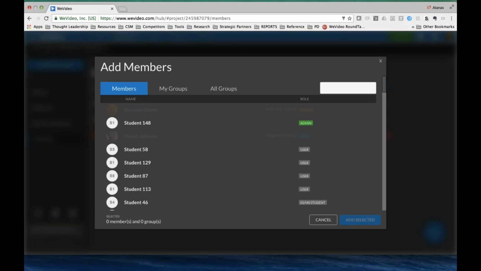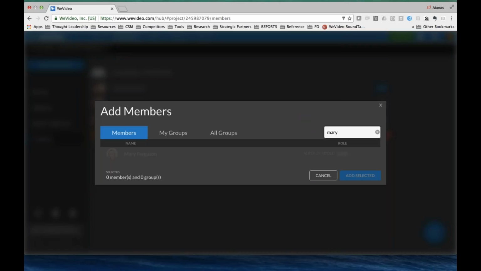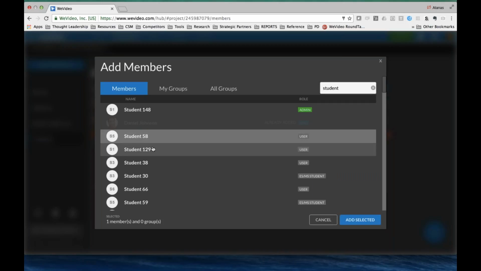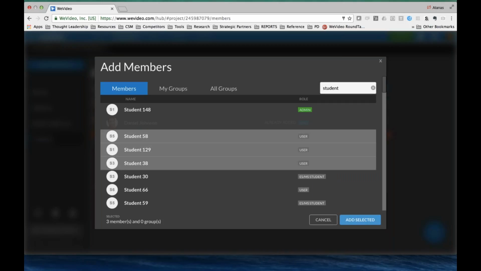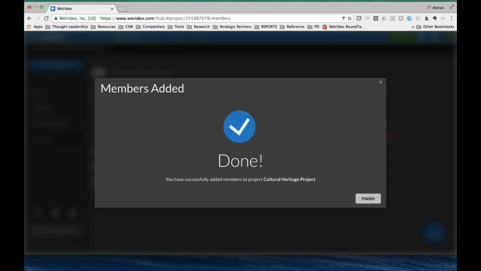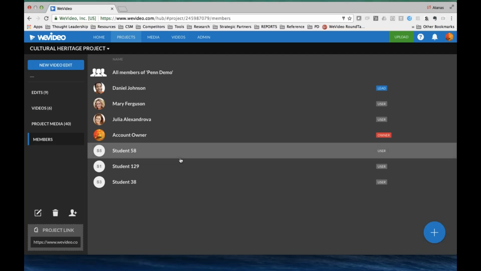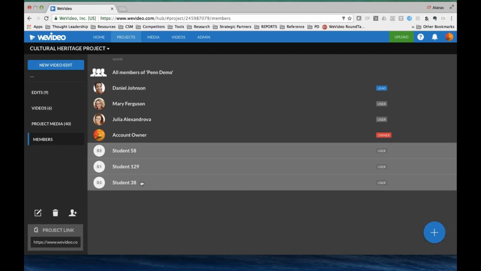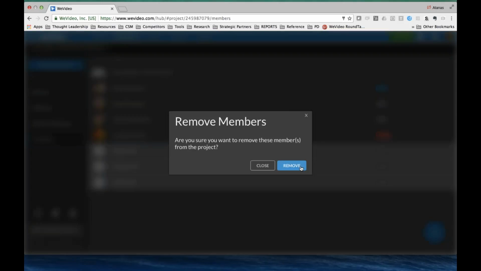So we can say, maybe Mary's not here, or Julia or somebody else may not be part of the project. And then we can simply select their names, and we can always add more members to the same project. And same thing works in reverse. If we want to remove someone from the project, we can always right-click on their name and remove member.